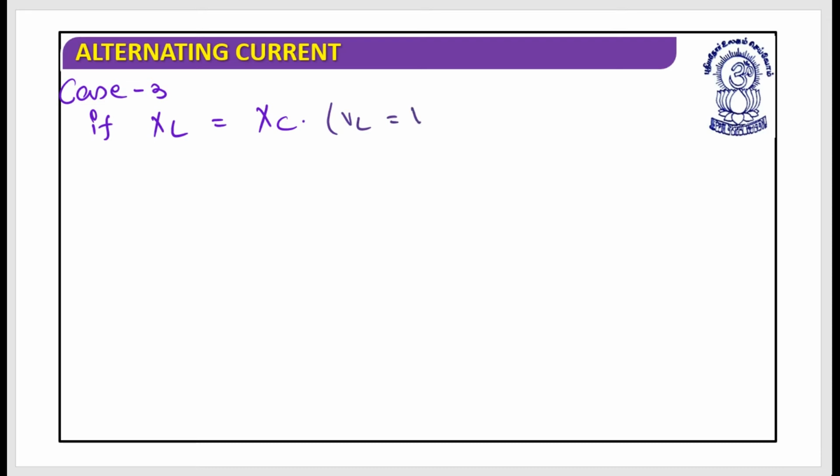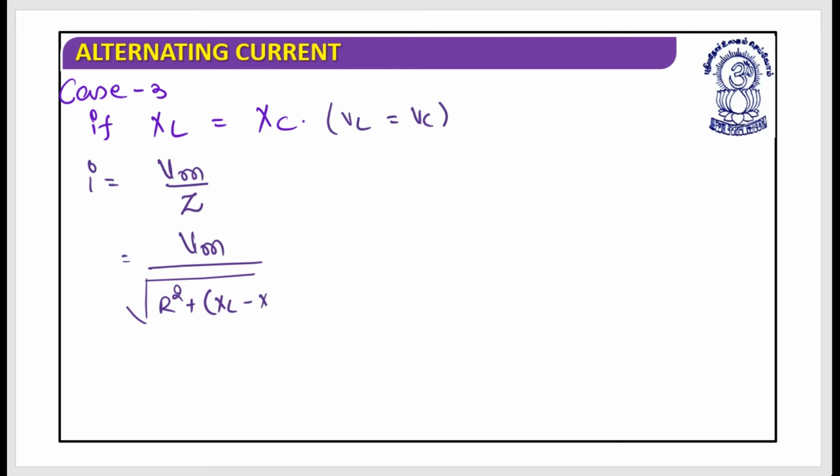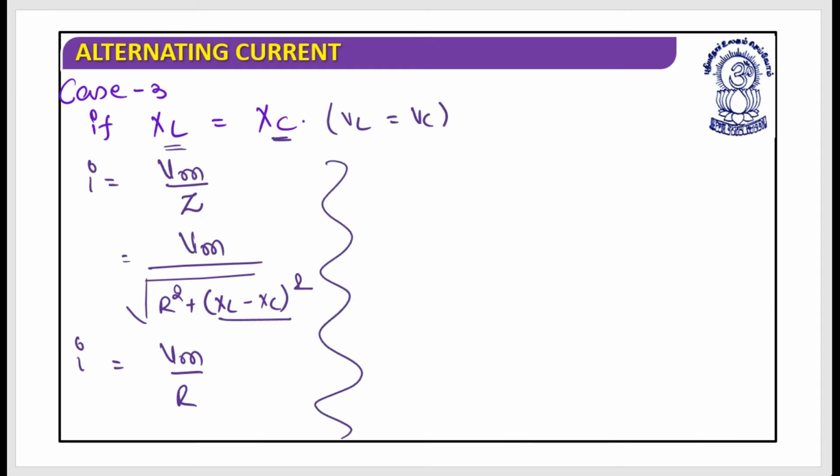This is the case when VL is equal to VC. I is equal to Vm by Z, which equals Vm divided by root of R square plus (XL minus XC) whole square. If XL equals XC, that means this term has become 0, and this equals Vm by R. If I look at this current, I understand that